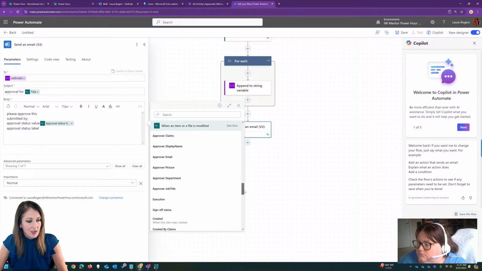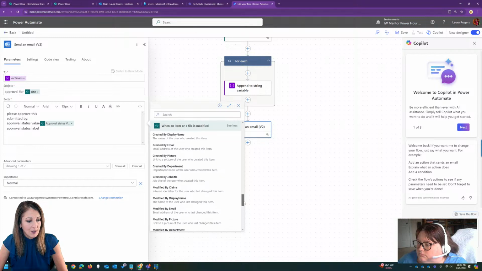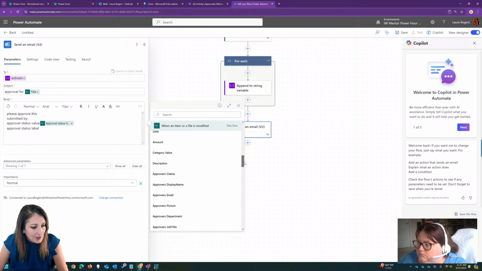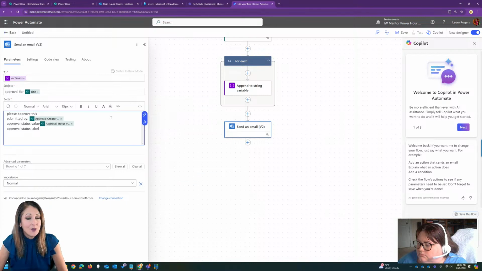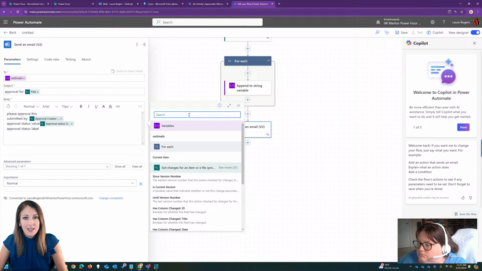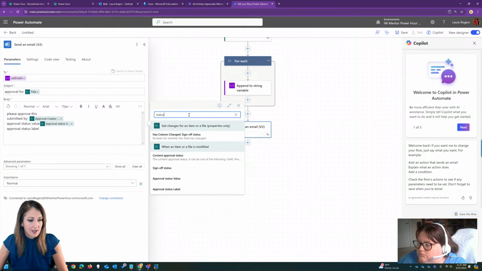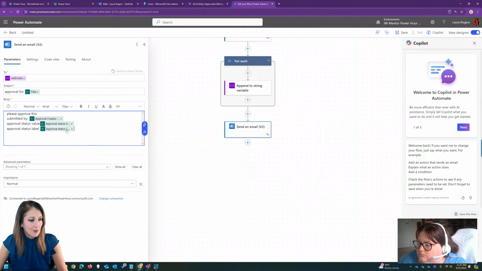That's going to be the, where did it go? Not created by, hold on. Responses, approval creator, approval creator display name. And there's only one approval creator. And then approval status. And the approval status is going to say requested. So there's the value and the label. And then let's try this out. So this is approve